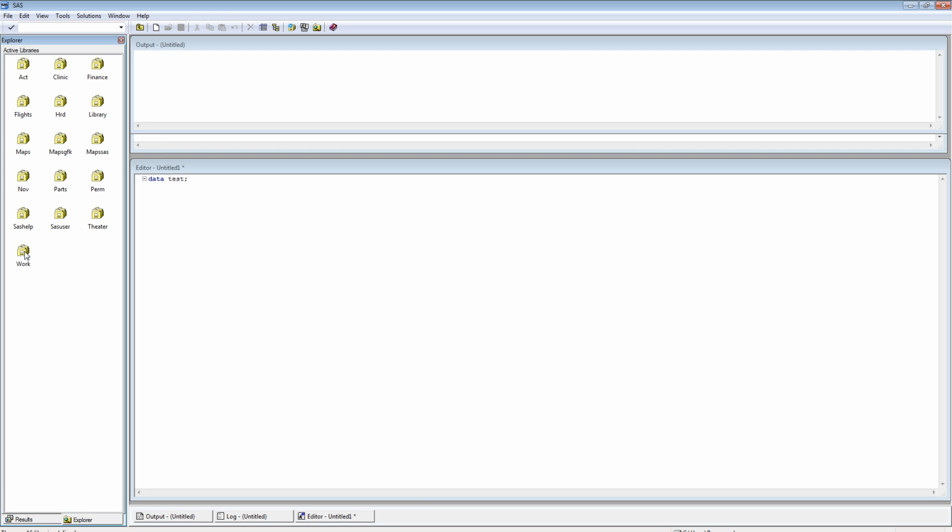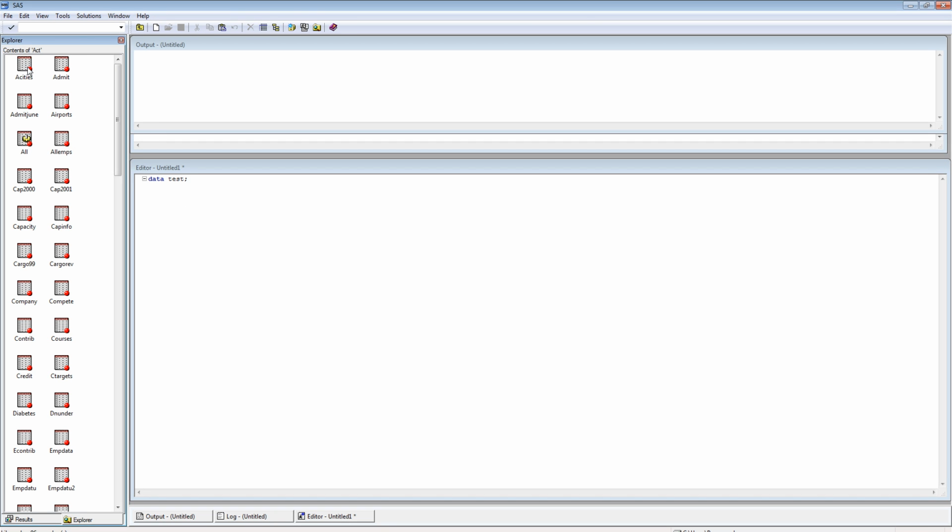However, if you reference a permanent library other than work, it stays in the memory forever. And so work is a temporary library. All of the libraries that you're seeing on the screen are permanent libraries. So let me just quickly go to the ACT